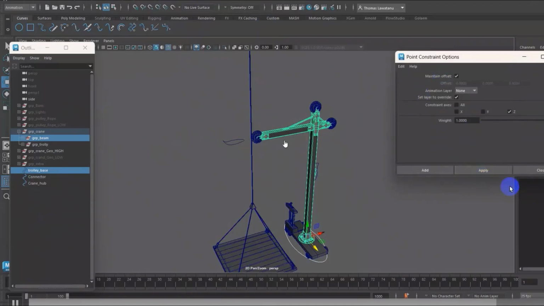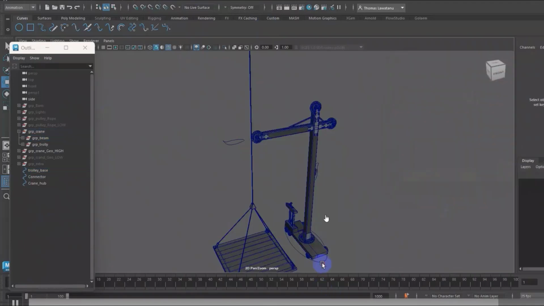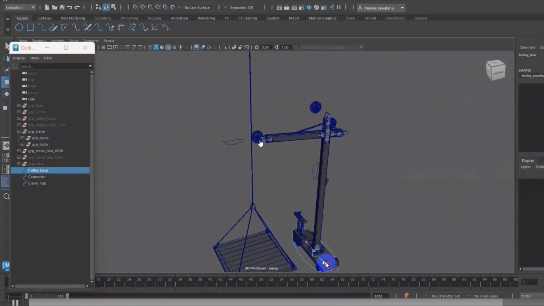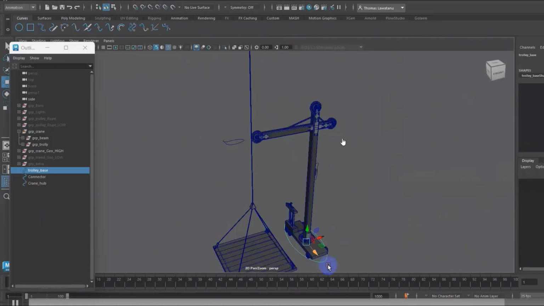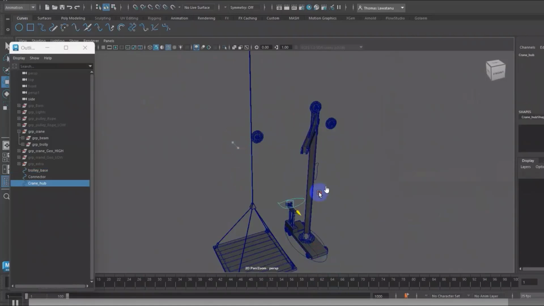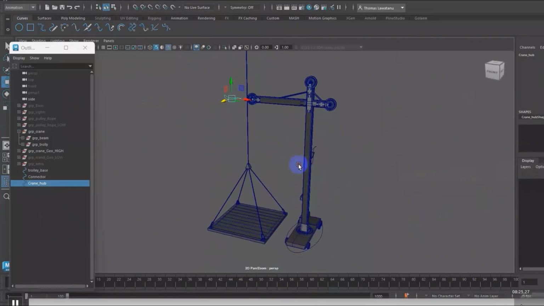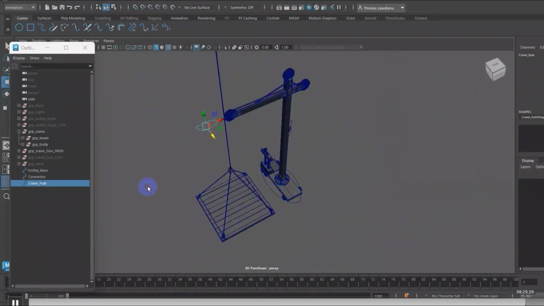Okay, point constraint. See, because this is the look at or the aim, this screen will point to this controller. Then I move to this one, which is the crane.